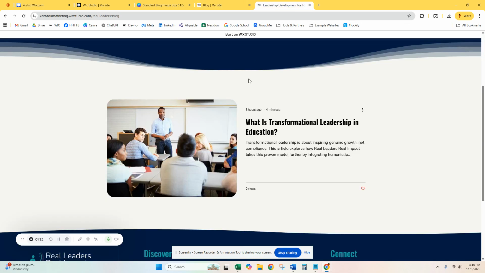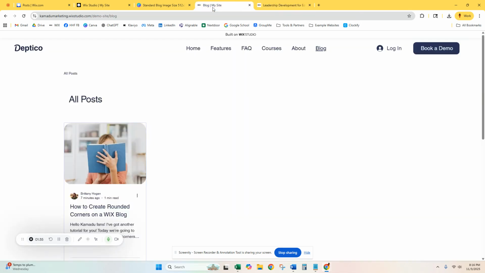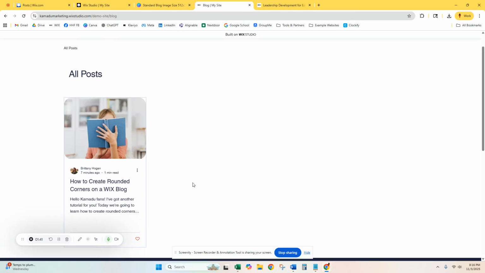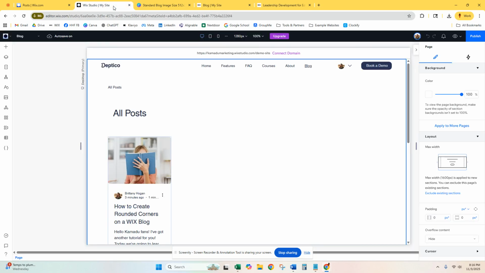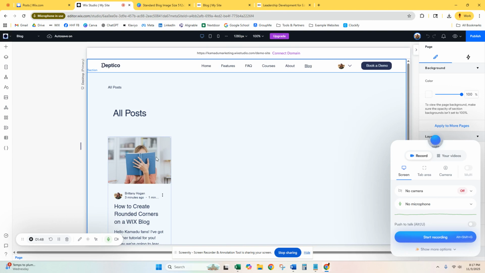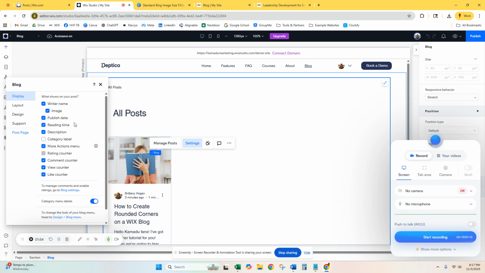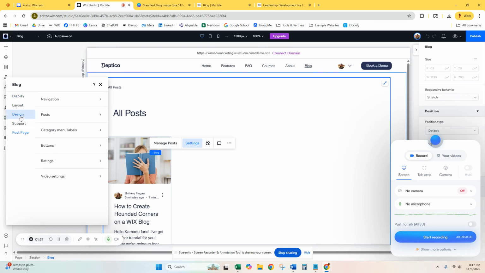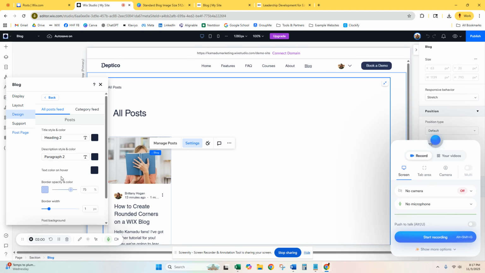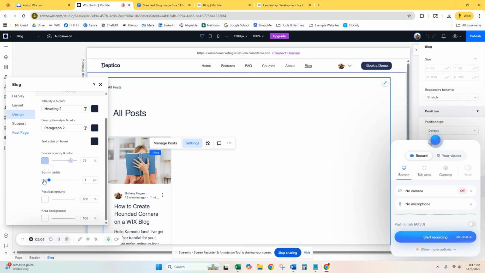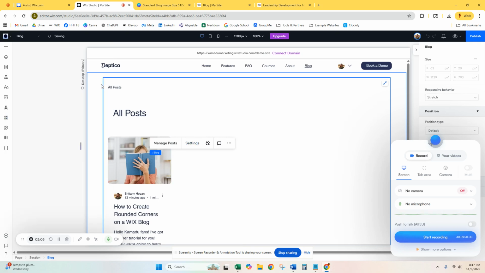Now, that doesn't look like what this did because our site has borders. So it still gives it that sharp corner appearance. So what we need to do is make some modifications. Number one, we need to get rid of that border. If we go into the Wix Studio Editor and click on the settings for the blog post feed, then what we can do is hit Design, Posts, and then we want to remove the border, set it to 0. If we X out of there, then we can see already that it gives us that nice, clean, rounded corner